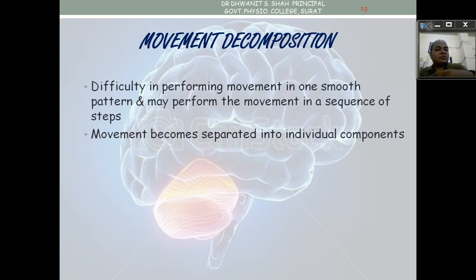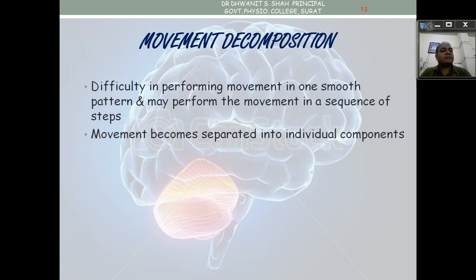First, he does the movement of the shoulder, then he stops. Then he does the movements of the elbow, then he stops. Then he does the movements of the wrist and fingers, then stops, then does supination of the forearm. Then he moves the shoulder, takes the hand to the mouth, and then repeatedly does the same movement of pronation, wrist extension, radial deviation, and then takes the hand up from the shoulder. So he divides the movement into small components in order to complete it, as he is not able to do it in one way.